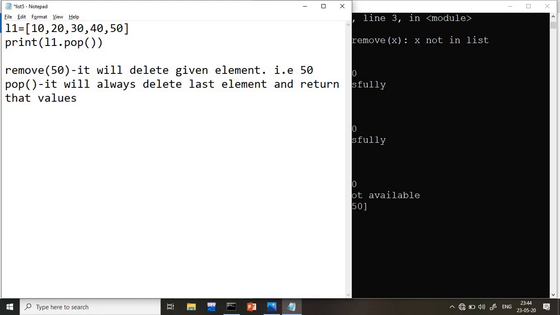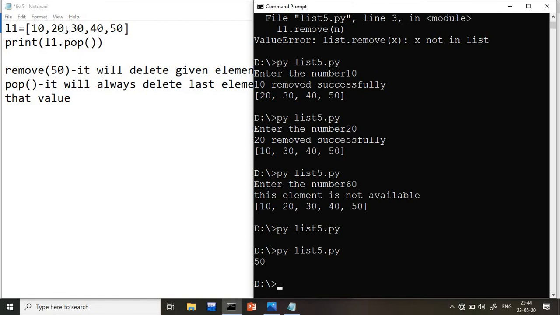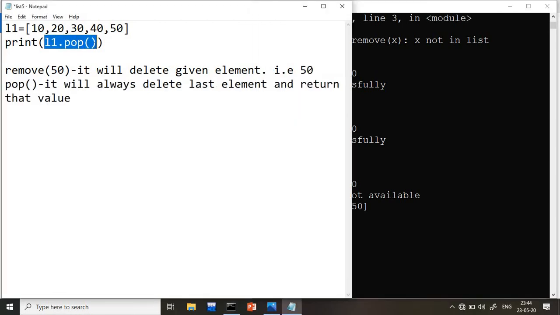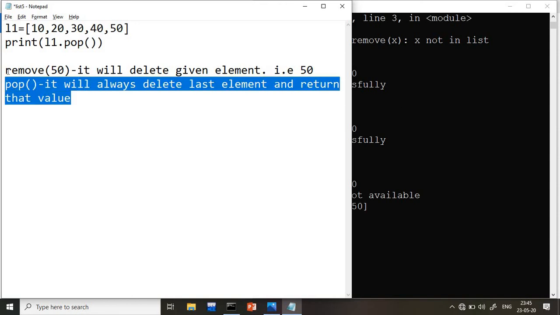Means what it has deleted, that value will be returned. So similarly here, see, L1.pop: if I write it inside the bracket, first it will delete the element and the deleted one is returned. That's why I am writing it in the print. But if you write it outside, it will not work. If you want to see, I will show you practically.